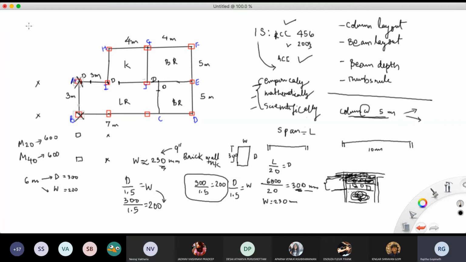Now that we have raked up all this issue, let's say this is the beam and this is the slab, okay? Like this is the slab. So this is called a T beam. This is a portion. Now the bottom of the beam is where we put the steel, right? This is where we are going to put the steel.